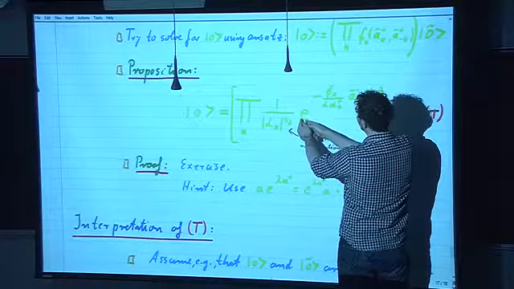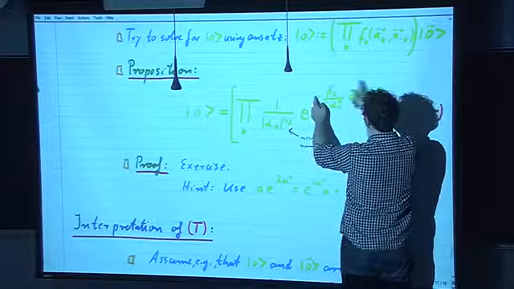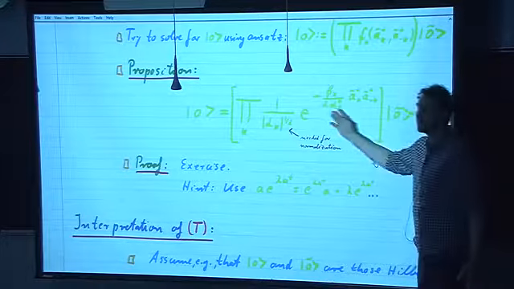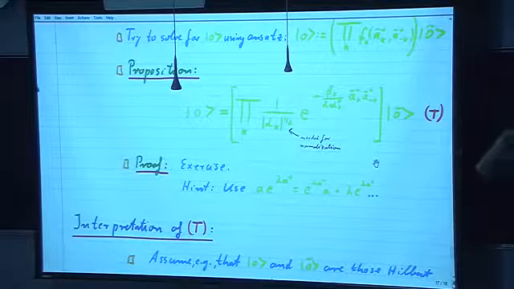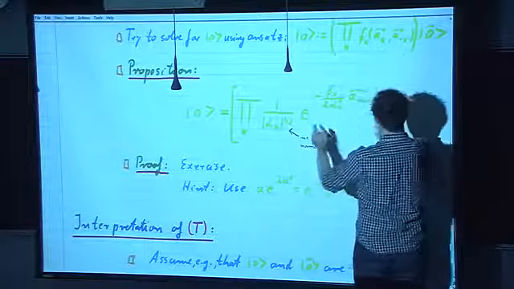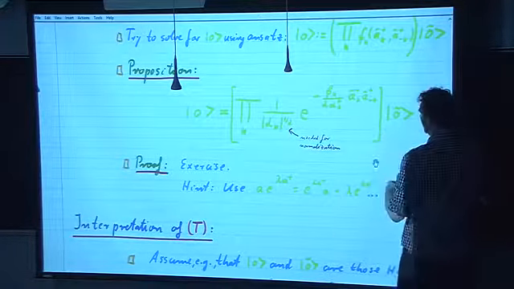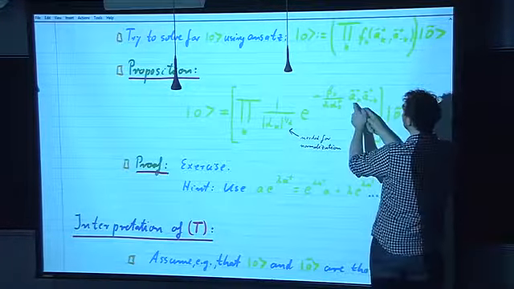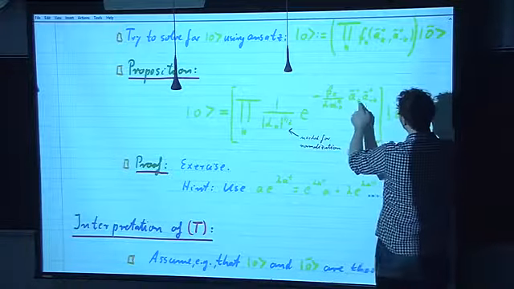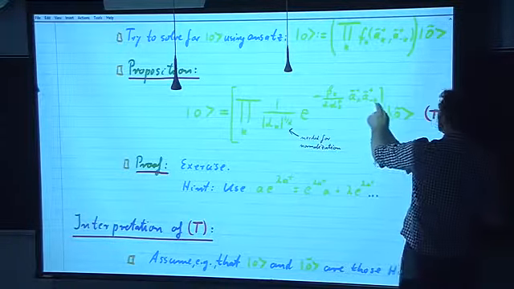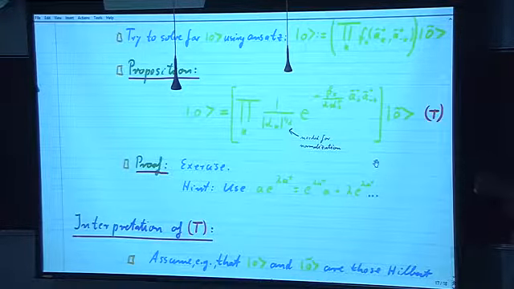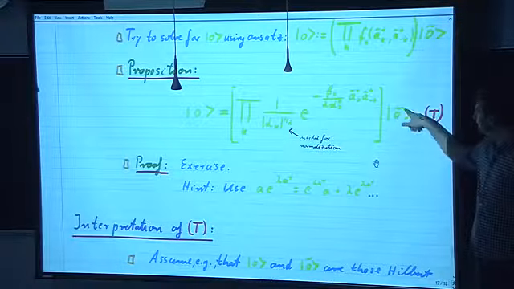Let's think of this exponential as being spelled out. It's a 1, and then the next term is minus this, and the next term is 1/2 this squared, and so on. It's an exponential that you can write as an exponential series. And the lowest order term is just 1, so that's just the trivial term here. But then the next contribution is going to be A tilde dagger K and A tilde dagger minus K acting on that, which, just hypothetically, if we are in the situation where currently this is the vacuum state,